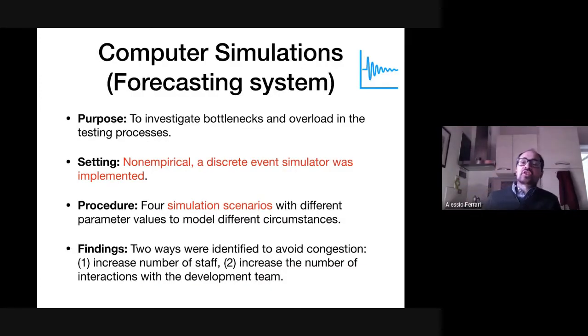Computer simulations are similar to formal theory and at the same time are similar to field study. In which sense? Let's see this example first. The example is to investigate the bottlenecks or problems and overload in the testing processes of a software company. It was implemented a discrete event simulator. So they tried to